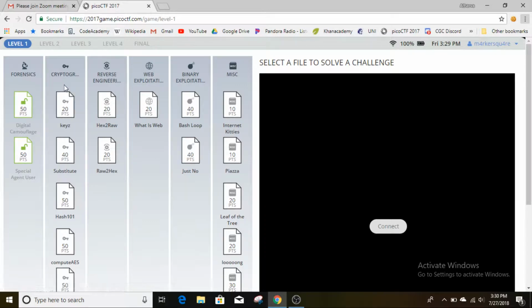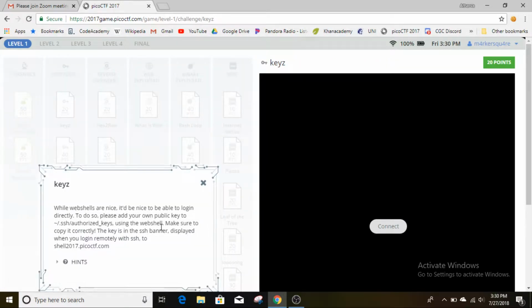Today we'll be starting the cryptography section of level 1, starting with the problem, Keys. While web shells are nice, it'd be nice to be able to log on directly. To do so, please add your own public key to this path using the web shell. Make sure to copy it correctly. The key, they mean flag, not key, is in the SSH banner, displayed when you log in remotely with SSH